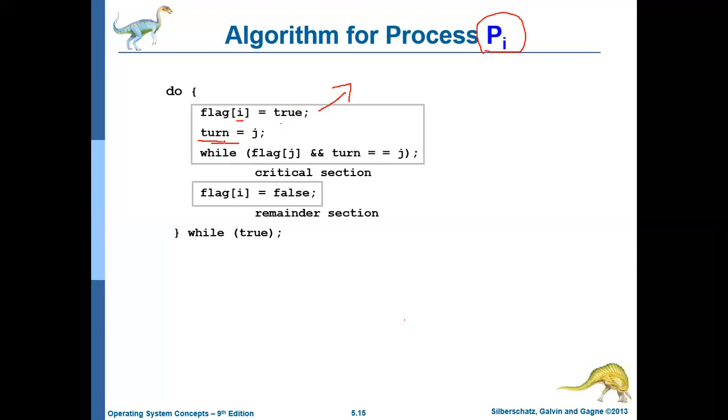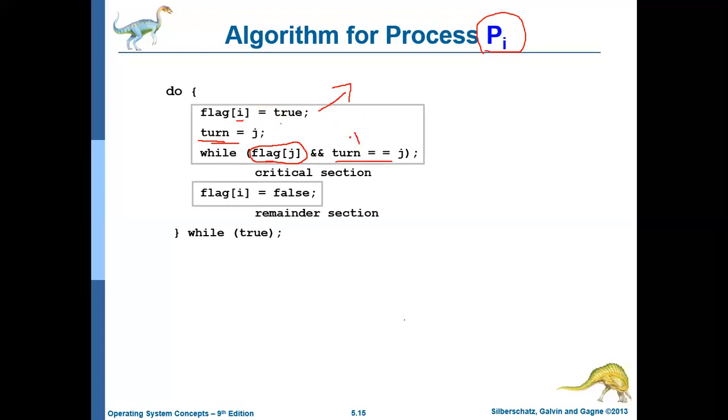So it makes turn j, and then it executes this while loop, while flag of j. Flag of i is true, that we know because the ith process has made it true. But what is flag of j? We don't know. If flag of j is true and turn is j, that we know,